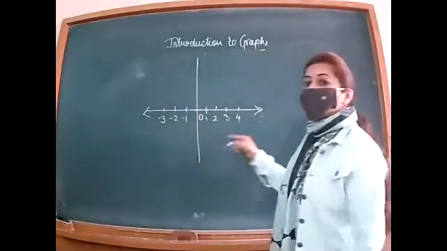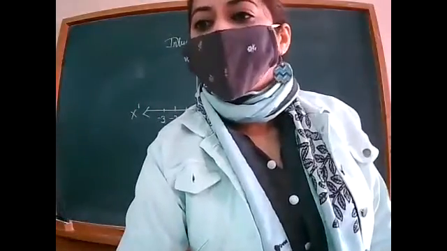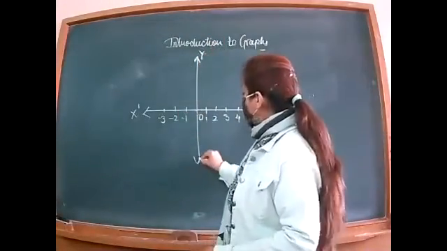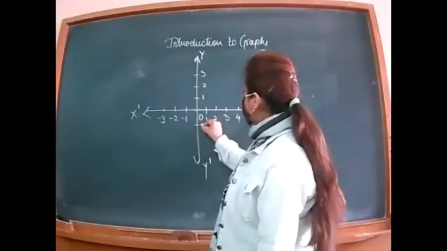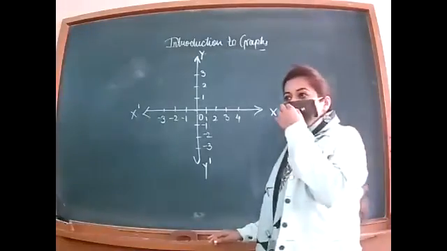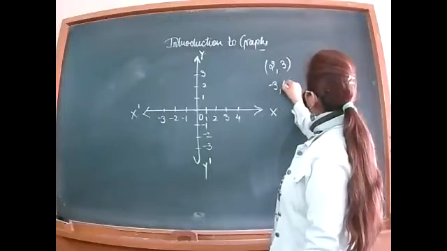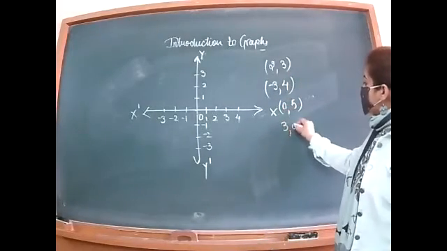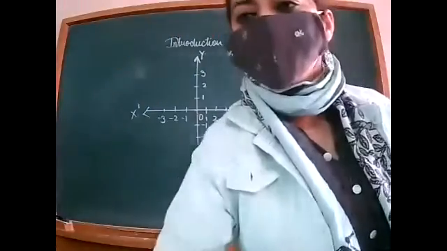This is your x coordinate axis and the name will be x dash. And the name of y coordinate axis will be y. On the upper side it is positive, on the lower side it is negative. This is your 1, 2, 3, below this is -1, -2, -3. Is it clear? Now I have written all the coordinates. Now you have to plot the points 2, 3; -3, 4; 0, 5; 3, 0; -1, -3. Hurry up. Plot these points on this coordinate axis.